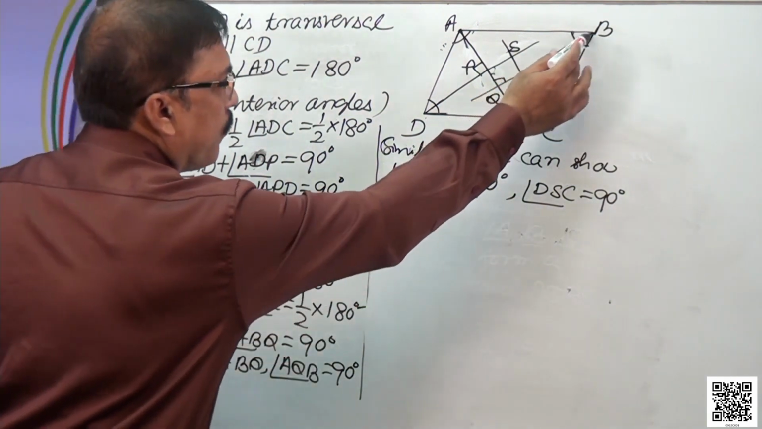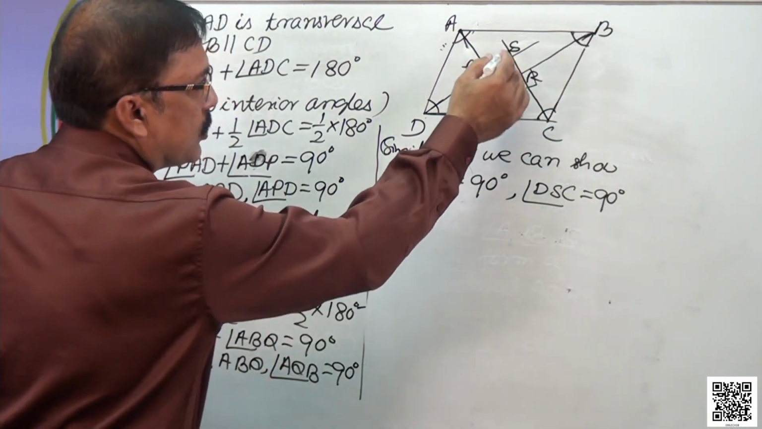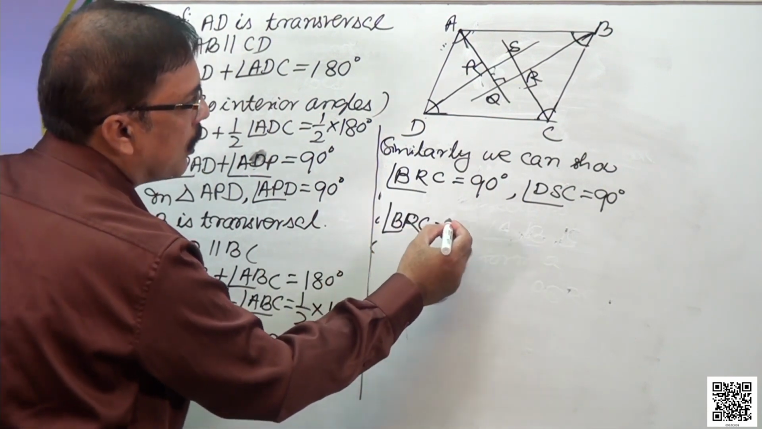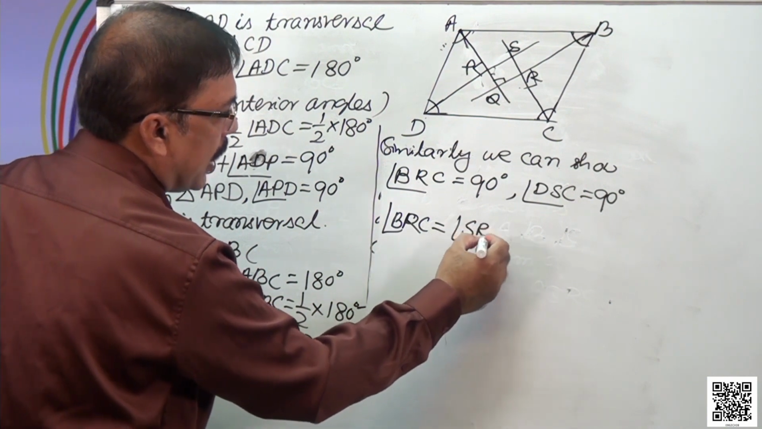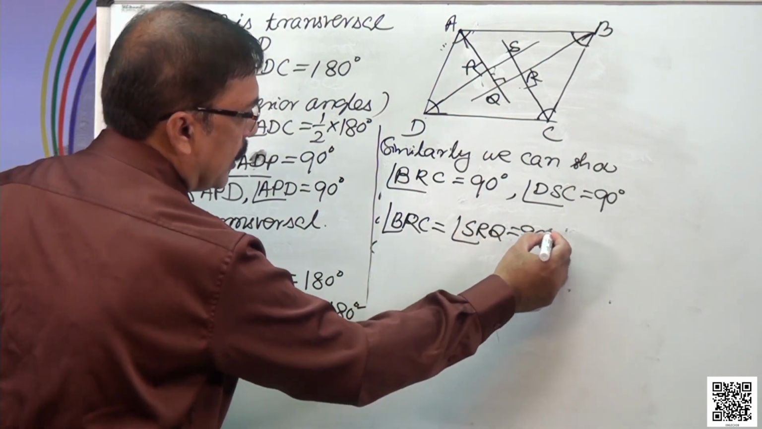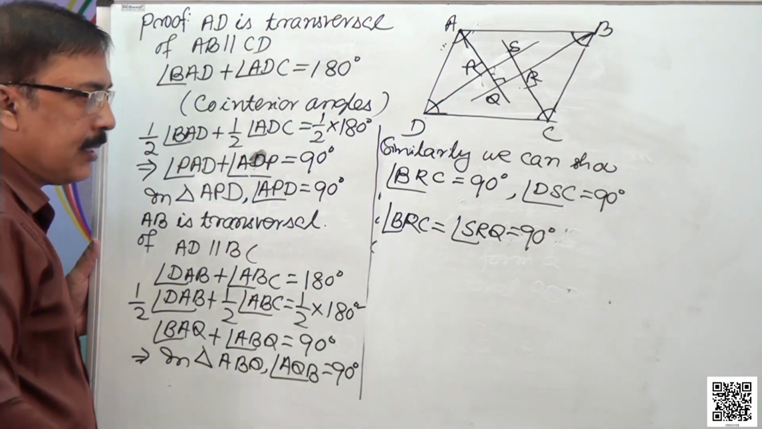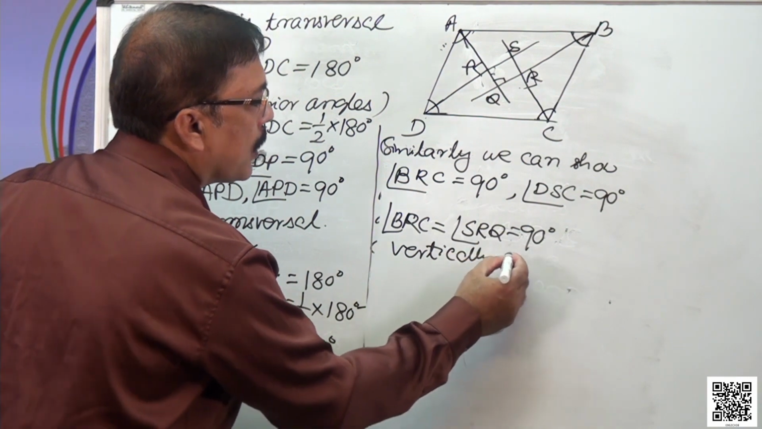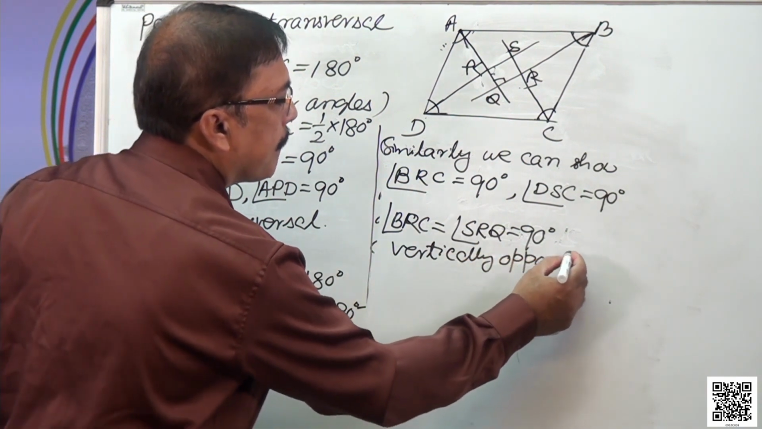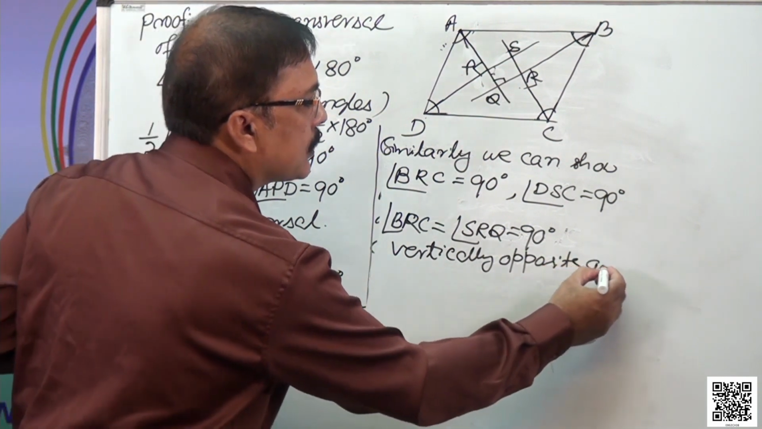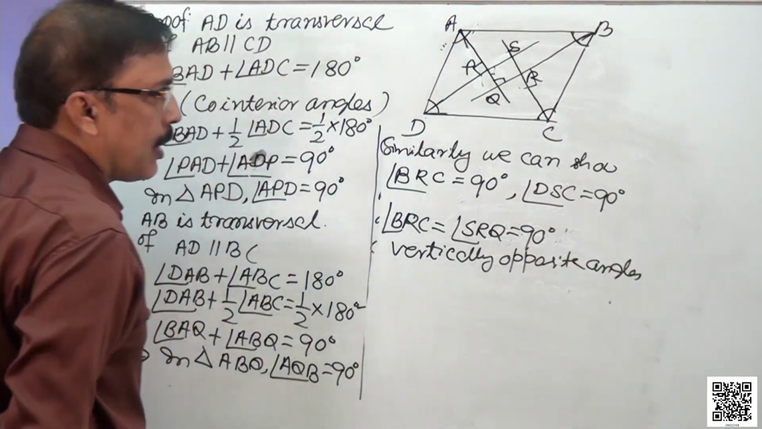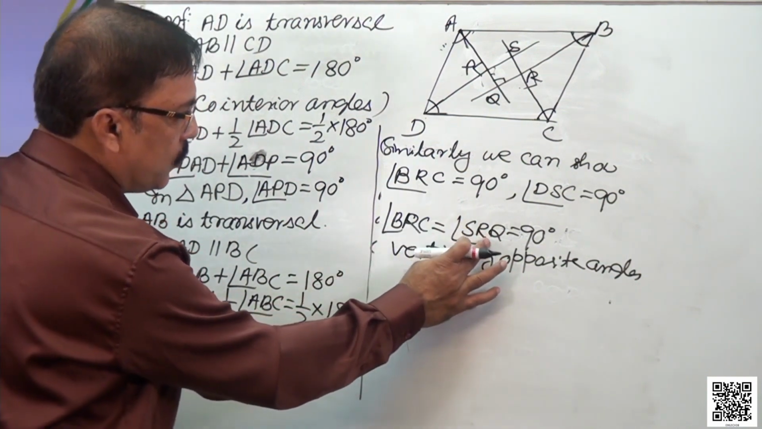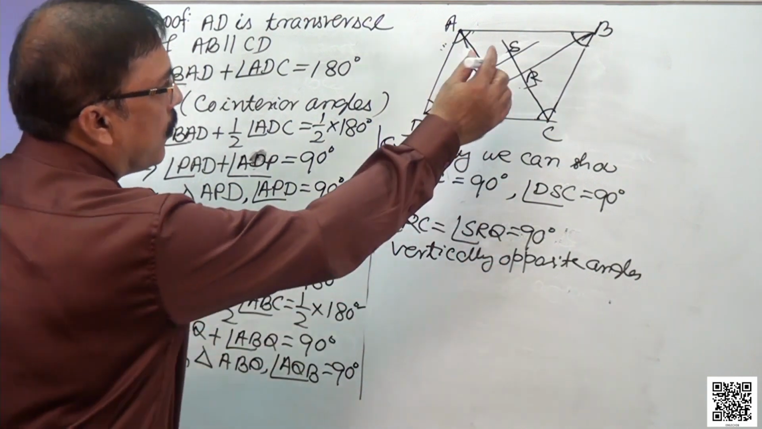As you see, BRC is 90 degrees, so angle BRC is equal to angle SRQ, which is equal to 90 degrees. Why are these two equal? They are vertically opposite angles. So this shows that BRC is equal to SRQ, and we have